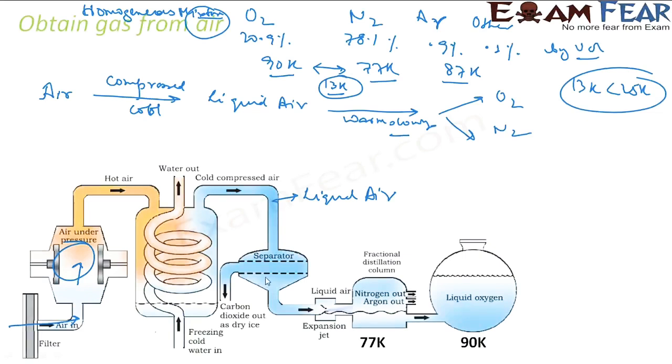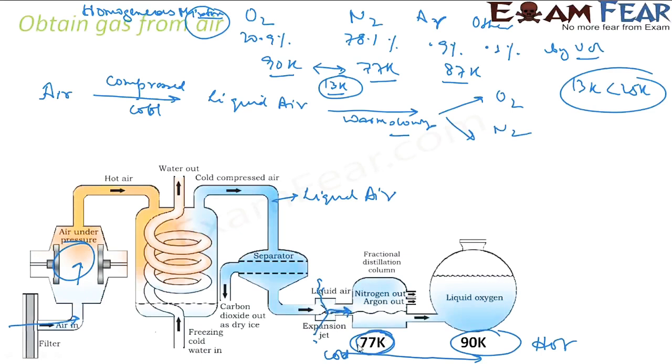Okay. Now once we have the liquid here, we slowly start warming. So if you see here, this side is more hot, this side is cold. This area is 77 Kelvin temperature, this is 90 Kelvin temperature. Don't increase the temperature very high, but it is in this range. Now the liquid air comes out through an expansion jet, because it's all liquid here. Till this part we have all liquid. Now the liquid air comes out and we reach this temperature of 77 K.